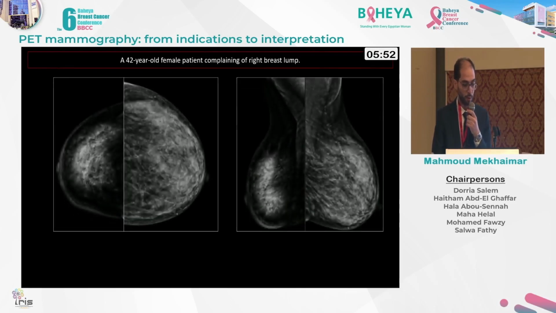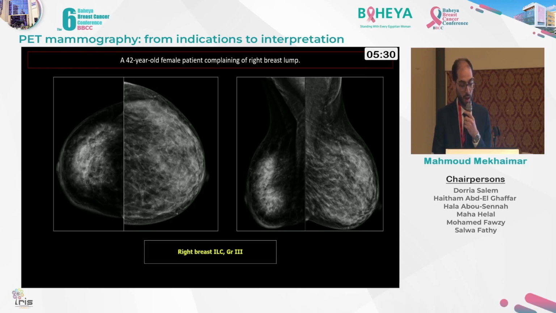Case two is a 42-year-old female patient complaining of right breast lump. Mammography revealed a shrunken right breast showing diffuse parenchymal infiltration with asymmetry with diffuse skin thickening. Ultrasound also revealed a diffuse infiltrating hypoechoic lesion. A biopsy was done and revealed right breast invasive lobular carcinoma grade 3. MRI was advised and revealed